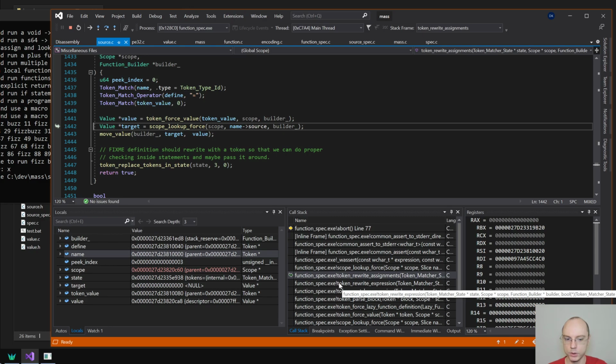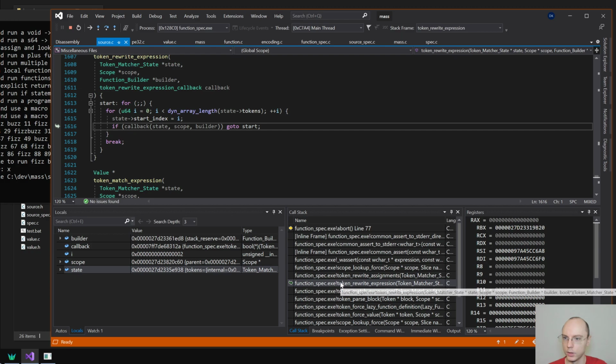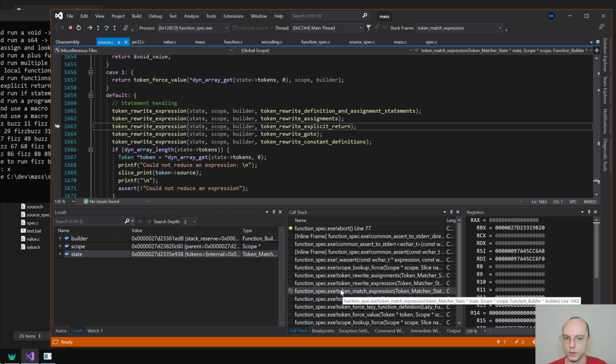Rewrite expression. Okay, match expression. Okay, so we got to here. And we have an issue that's